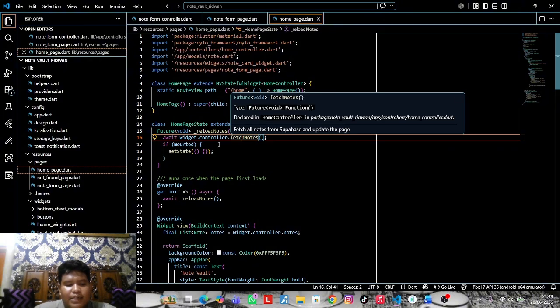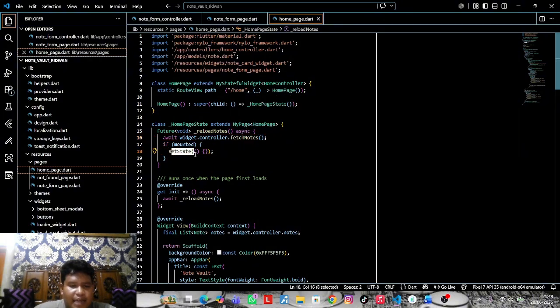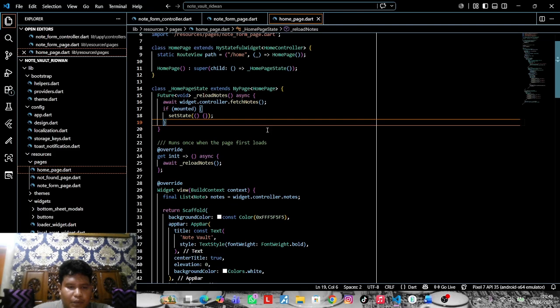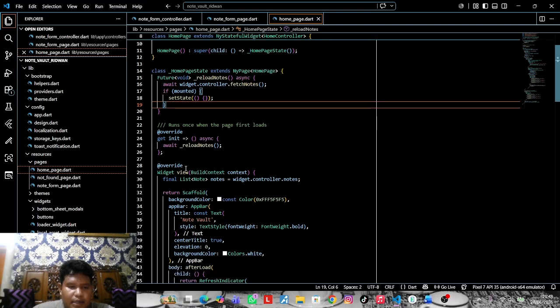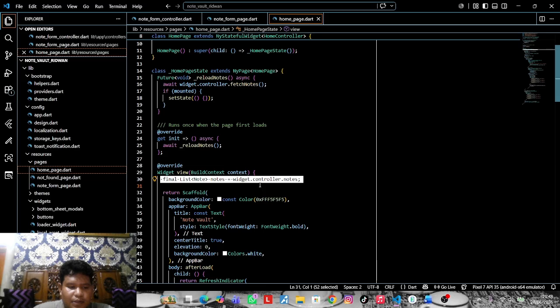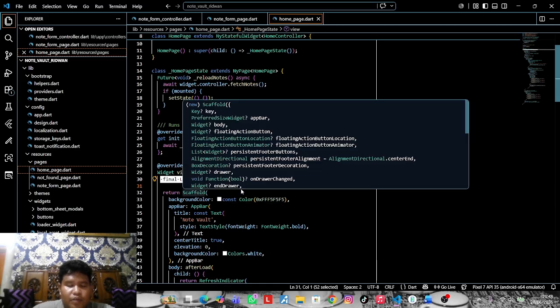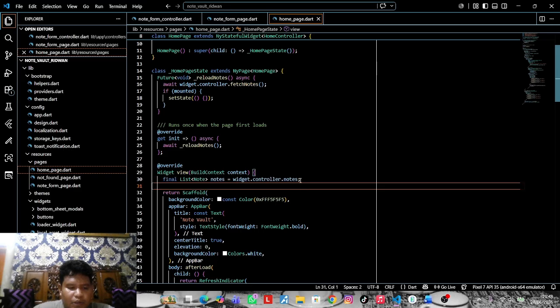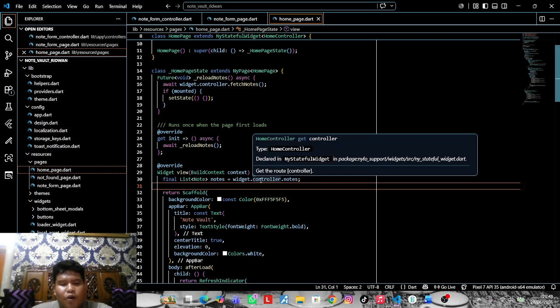After the data is loaded, the set state refreshes the user interface, so the latest nodes appear on the screen. And then this final list node, this line will retrieve the list of nodes stored inside the controller, so they can be displayed on the homepage.